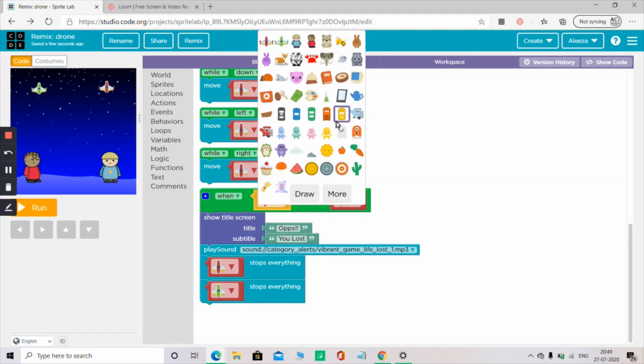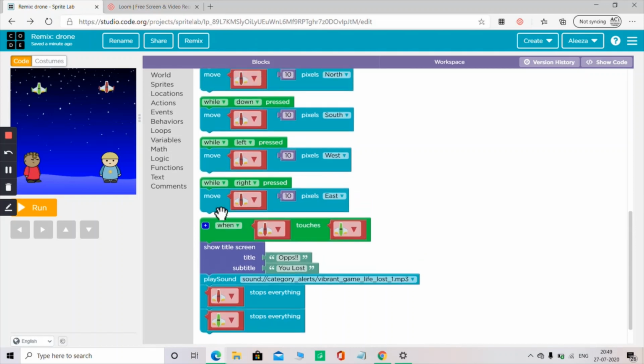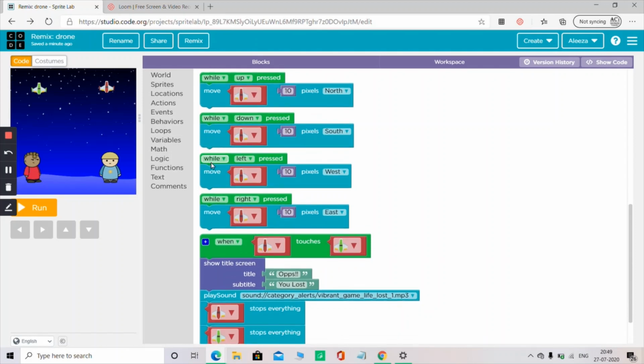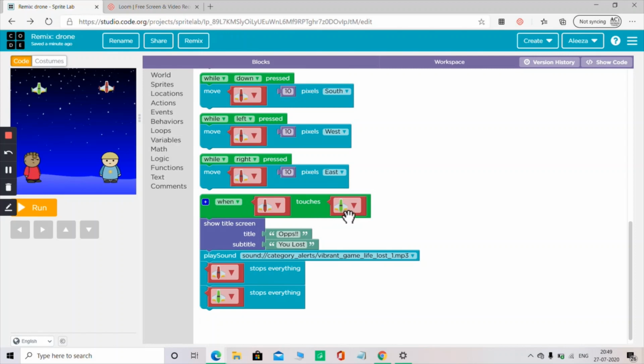There are many things, so I have chosen this. One more thing: when up pressed, move this much, when down pressed, move this much, like that. You have to make it in new columns like this. There are only 2 in this column, 2 here, 2 here, and then when this touches this, it will be in a new one.